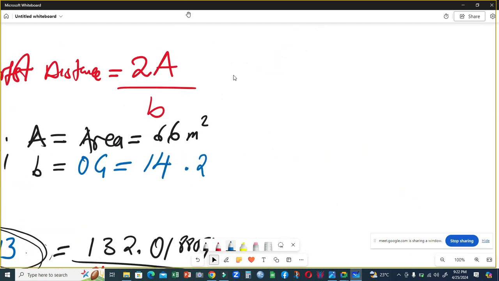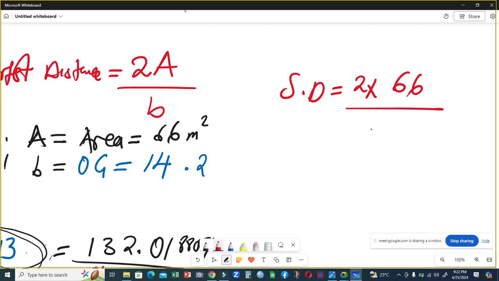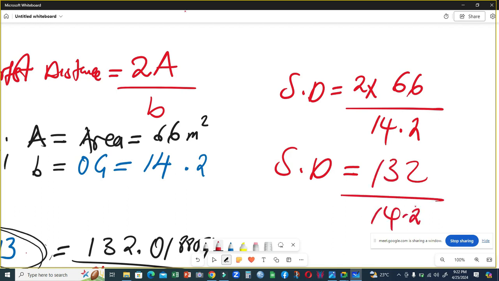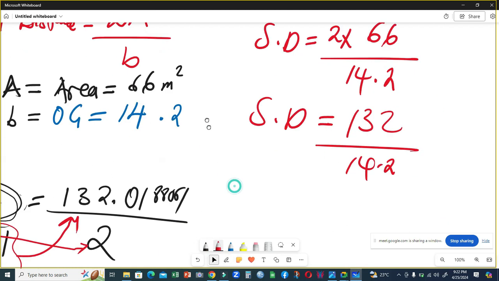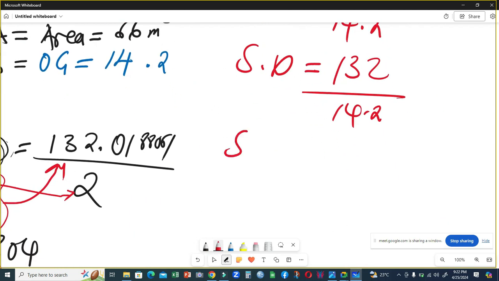Let's substitute. Shortest distance is equal to 2 times the area, which is 66, over B, which is OG, 14.2. So shortest distance is equal to 2 times 66, which is 132, over 14.2. Now anyone with a calculator, when we divide, what's our answer? Shortest distance is equal to